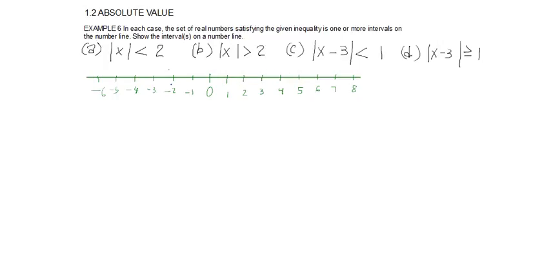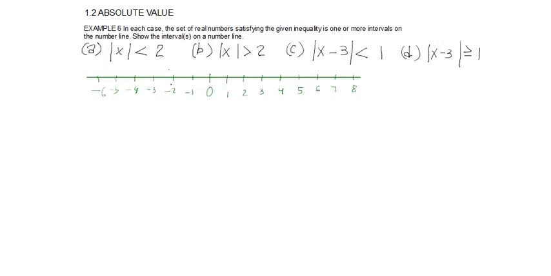So the 3 is here. That's a reference, and it's saying, okay, less than 1 mile away from 3, I can go this way less than 1 mile, or this way less than 1 mile. So if it's less, then I draw the parenthesis like this, less than 1 mile. And when it's less, I don't have to use arrows. Now D